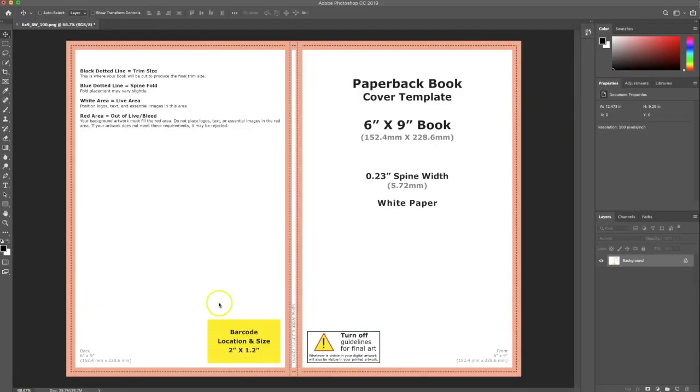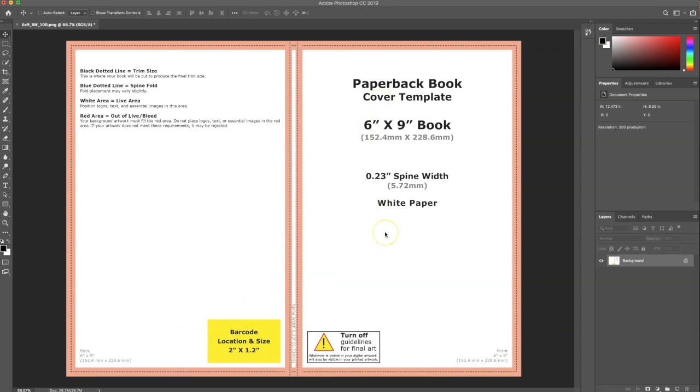So here I have the PNG template file from KDP open in Photoshop. Now the first time that I do a new book size, I create a reusable template with all my setup pre-done. So I'll add the guidelines at the trim and the bleed area, and this will keep my content within the printable area and allow me to do things like center the text within the front cover or the back cover. I'll also add a logo on the back cover, and then I'll add some dummy text for the spine,